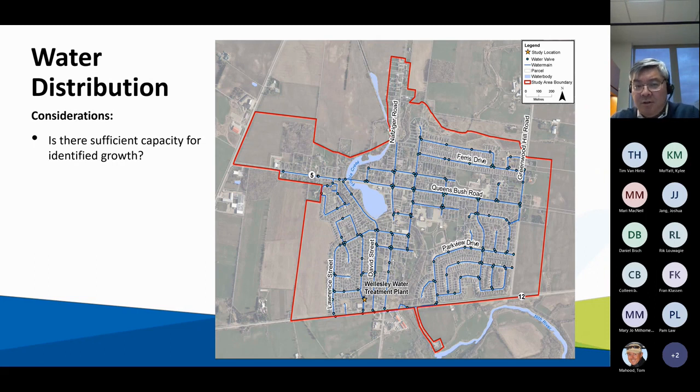Next, let's talk about water distribution. And when I talk about water distribution in this area, what I mean is how water moves from our water treatment plant around the village to the property line. And I'll note that from the property line to your tap, it's the responsibility of the property owner. So once water is treated, it's stored in the wells at the Wellesley Water Treatment Plant in three reservoirs, which are next to the plant.